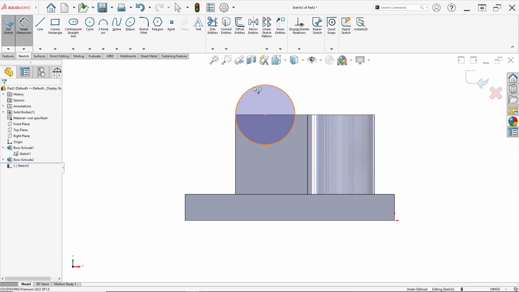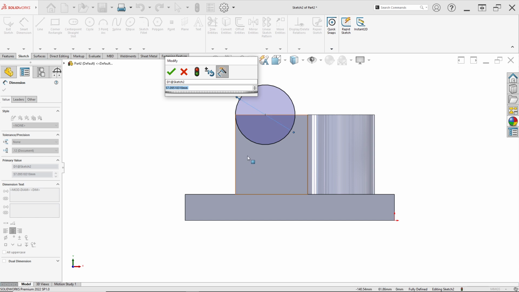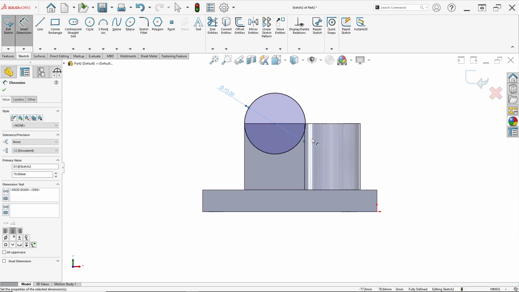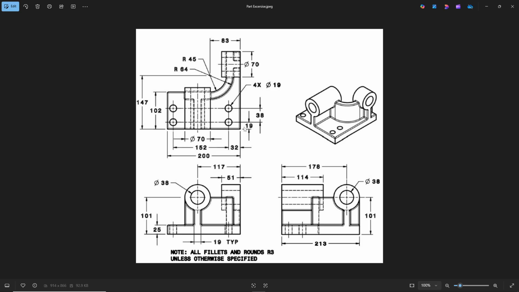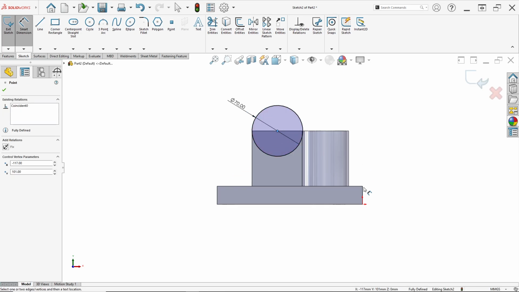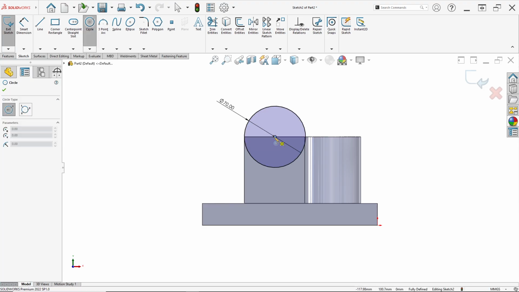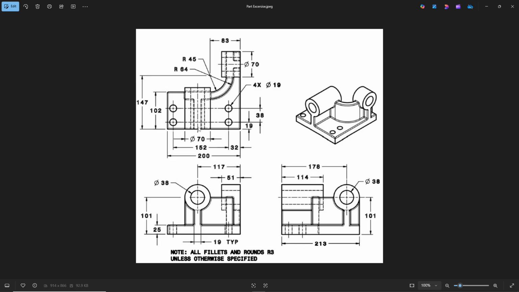Set the dimension diameter here to 70 millimeter, like this. We can check the distance: this center to this edge is 117. It's correct. And just click circle again from this for the hole, diameter 38.